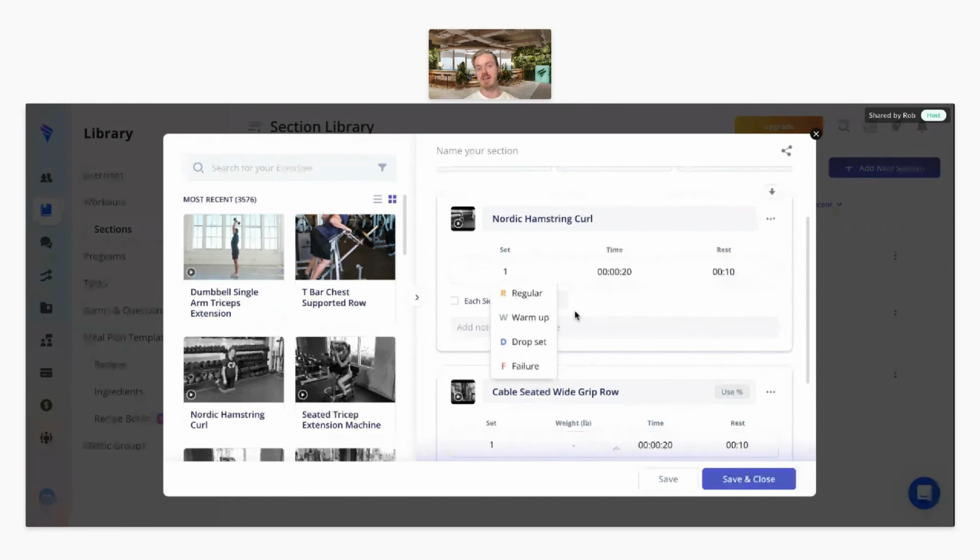Essentially, it's going to work the same way. So they're just going to input the sets and the weight for that primary one, if it's a drop set. So if I were to do a drop set, I would probably have,